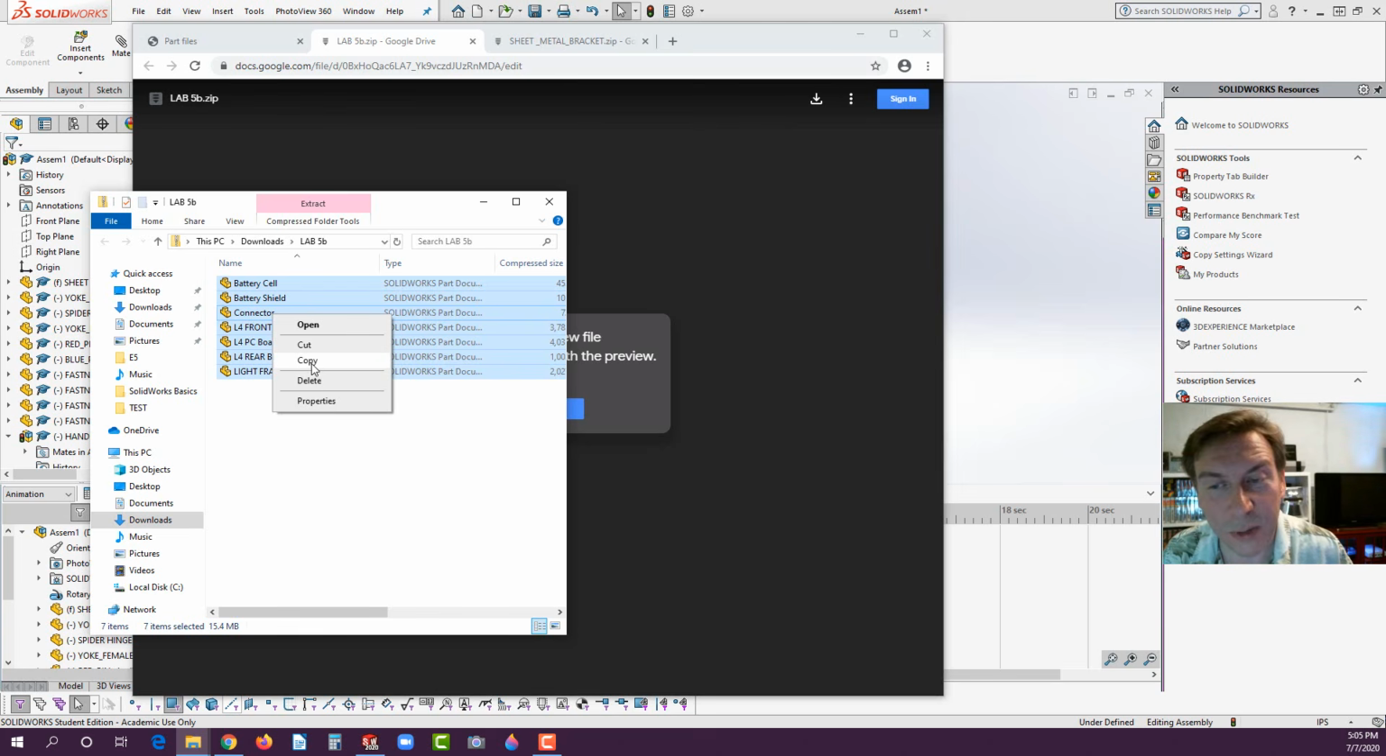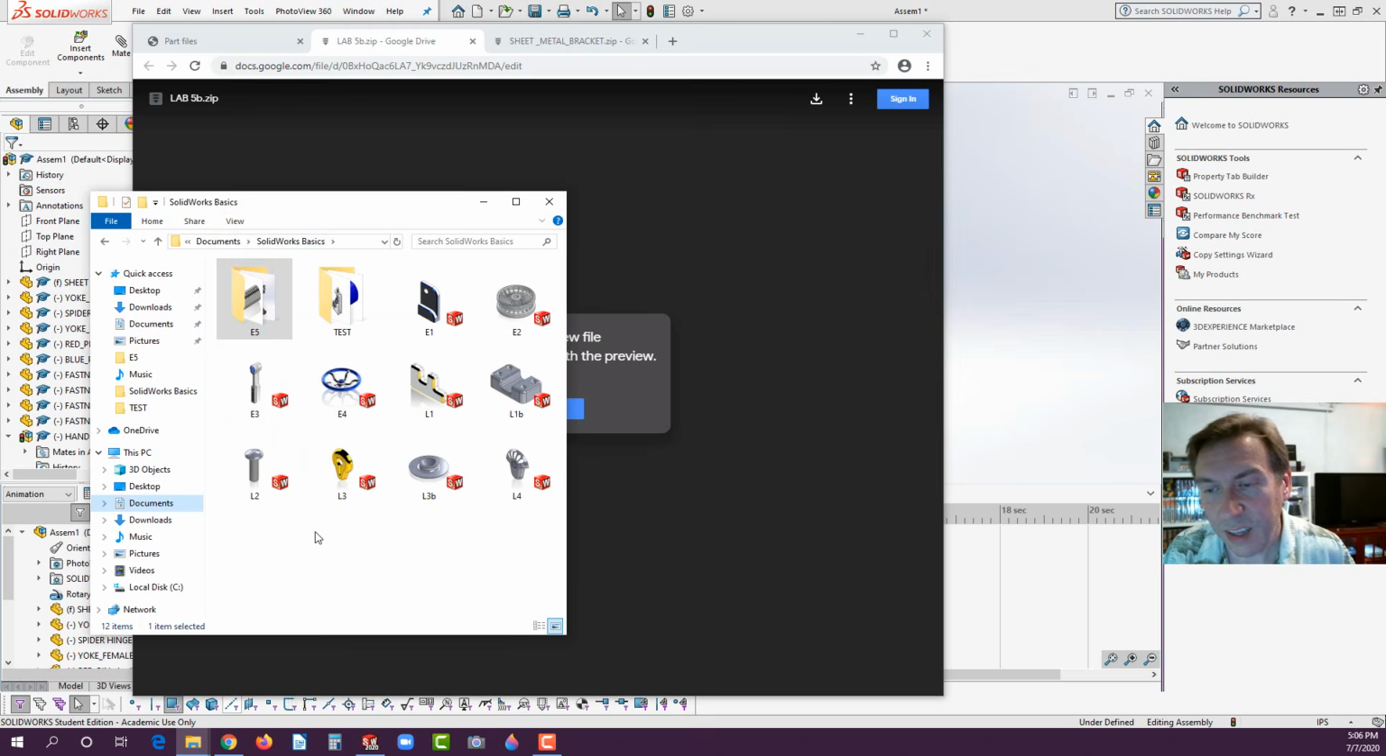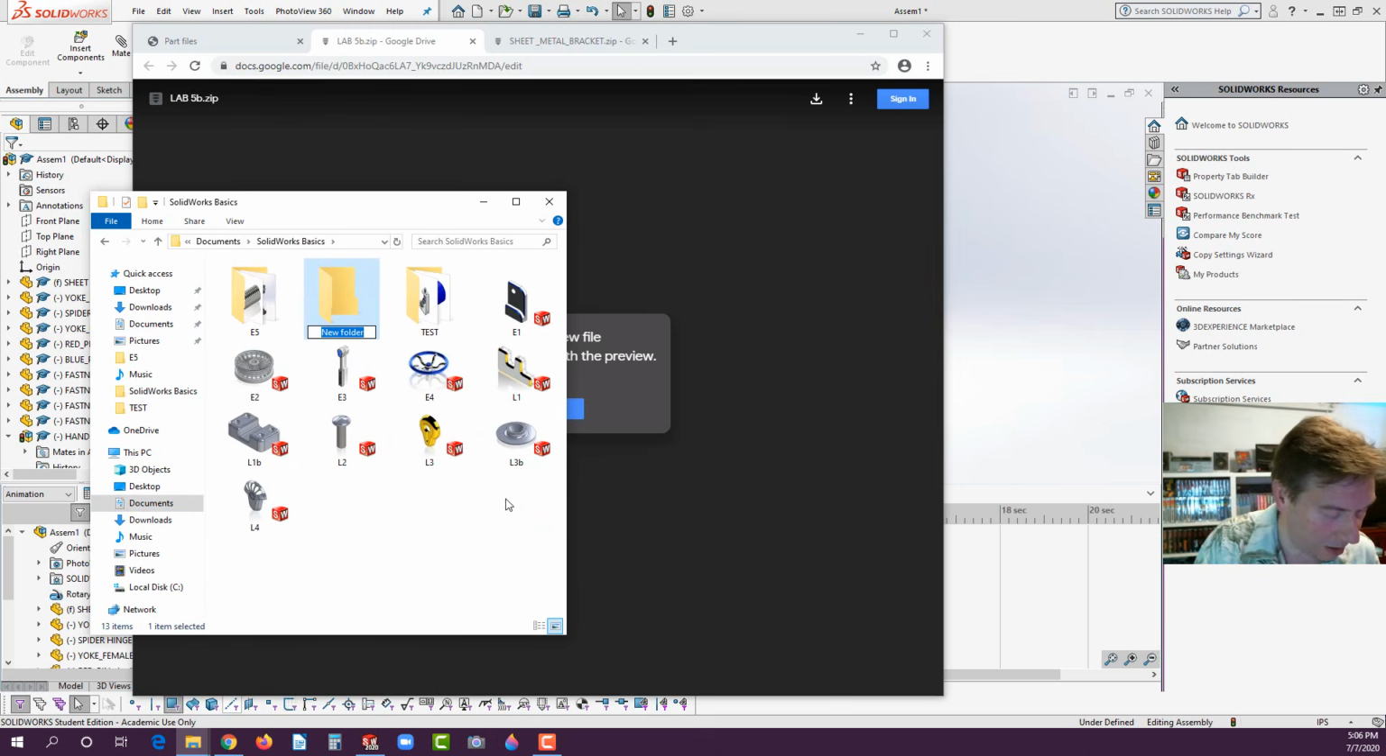Just be aware, I do it this way just because of 22 years of teaching this. It just seems like it resonates better with many of the students. So I'm going to cut these out of here. I'm going to go to my, let's see, the SolidWorks Basics. I'm going to make a new folder. And I'm going to call it